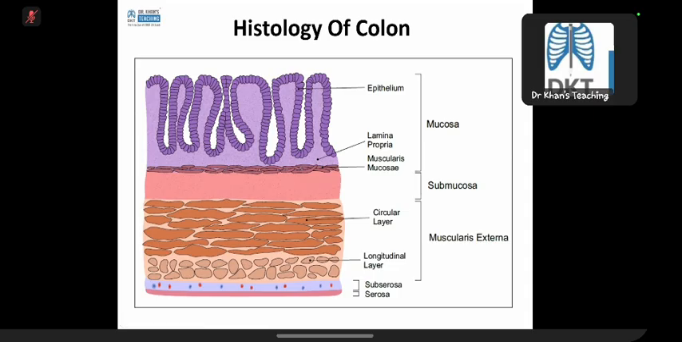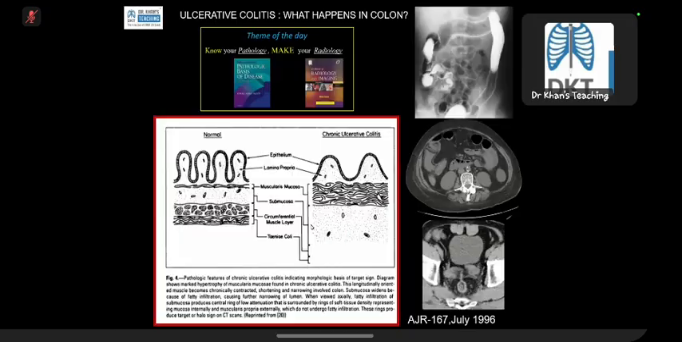So what happens is, if you see this from this publication, this is an old publication. If you see, this is the normal histology. So this is the muscularis mucosa. And in UC, chronic UC, it has become, yeah,